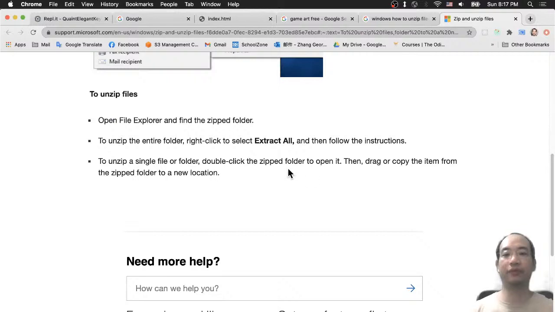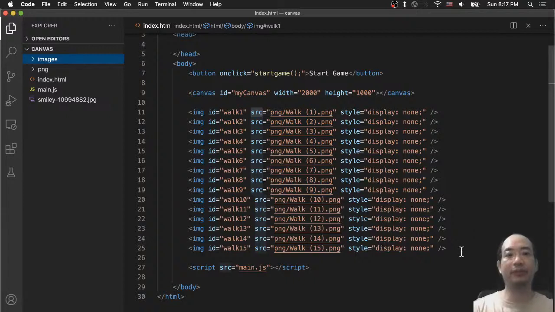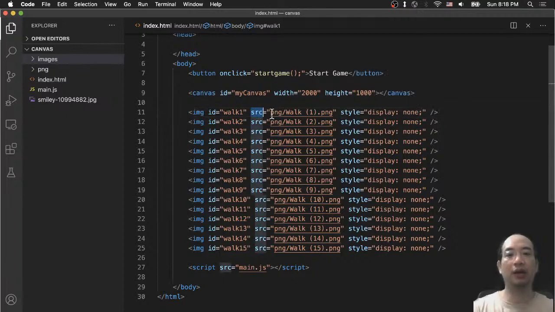So if you go to the file explorer, you find the zipped folder, and now you want to unzip it, you just right click and extract all. So you will extract the whole folder. Okay, so yeah, I guess that is pretty easy for you guys, unless you have some problem to unzip them. And what you need to do is just unzip them and you make a whole bunch of images like this kind of thing. You have the PNG, and in the source you have to point to that PNG,